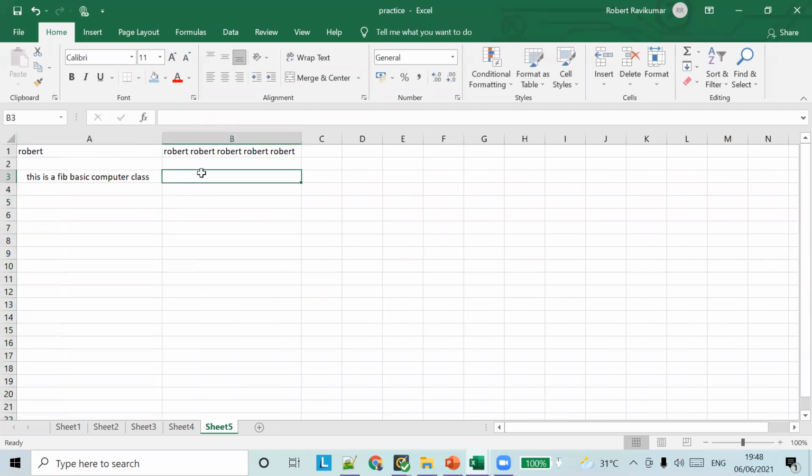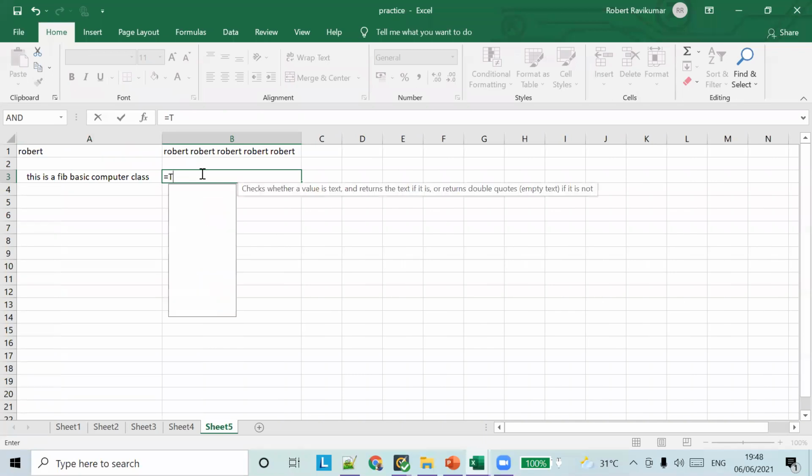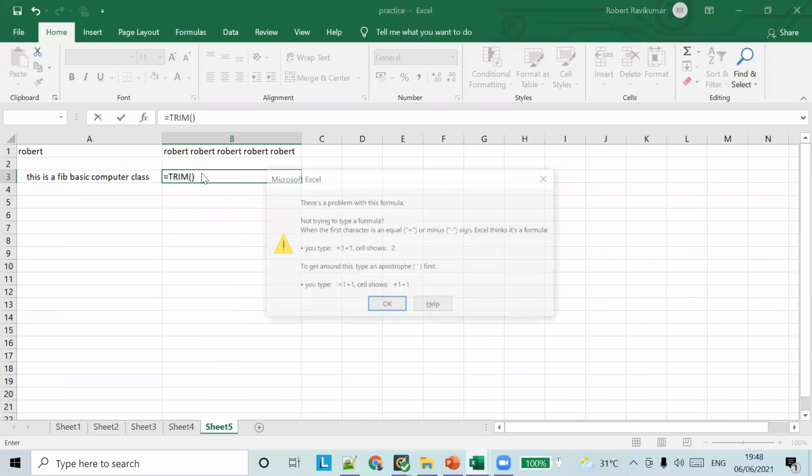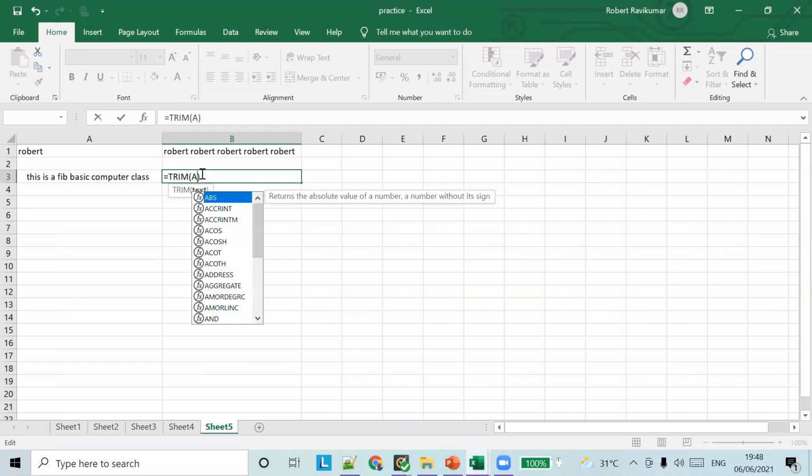I'm going to remove the spaces. There is a function called TRIM: TRIM A3.